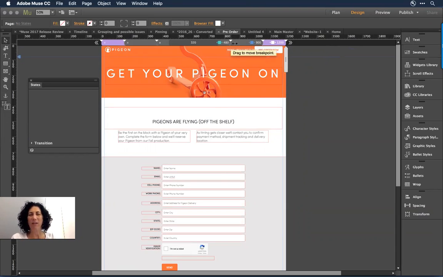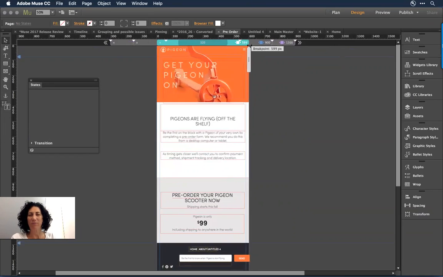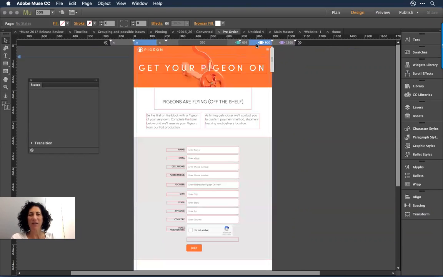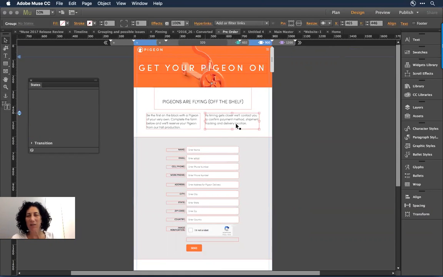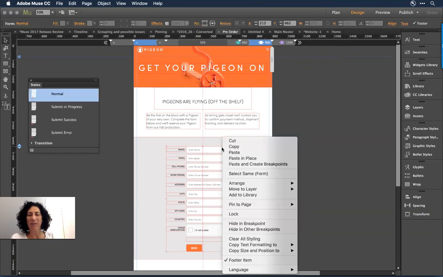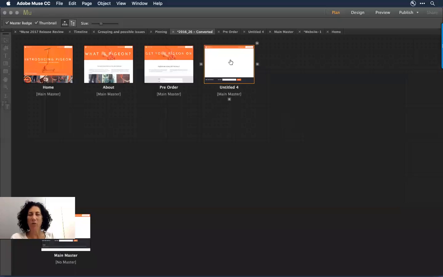I could come in and say, you know what, I really want this one to be a bit larger, for example. So it can be different than what's on the master. That's fine. When you've done all of this enormous heavy lifting, if I come in and select anything, this could be anything on the page, could just be a block of text, could be a simple rectangle. But if I come in and select it and say copy, and I jump out to a new page, when